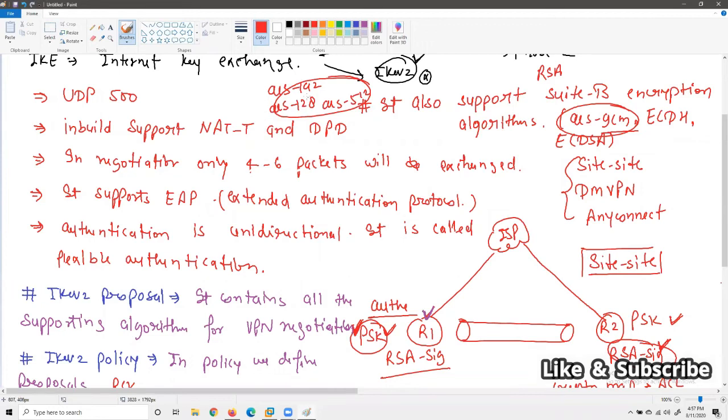They can only encrypt and decrypt the traffic, but they cannot calculate the hash of the packet. But AES-GCM is the algorithm which can calculate the hash of the packet at the same time. It does the encryption, but it also performs hashing.